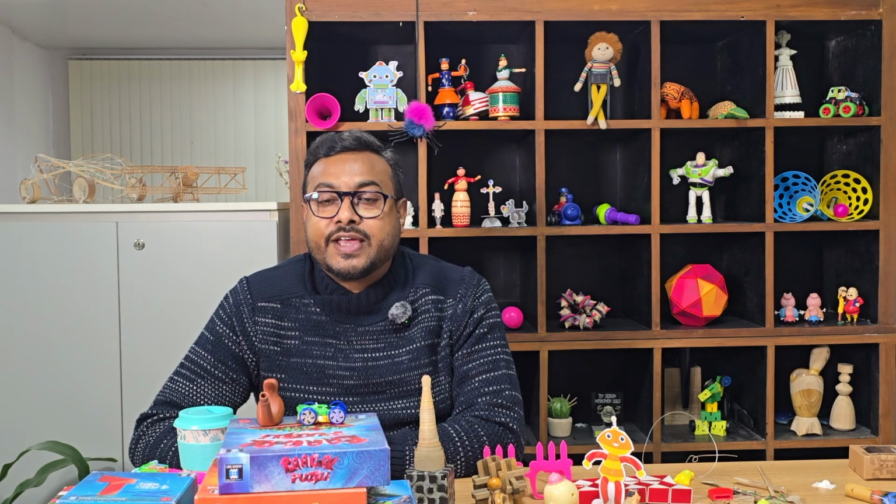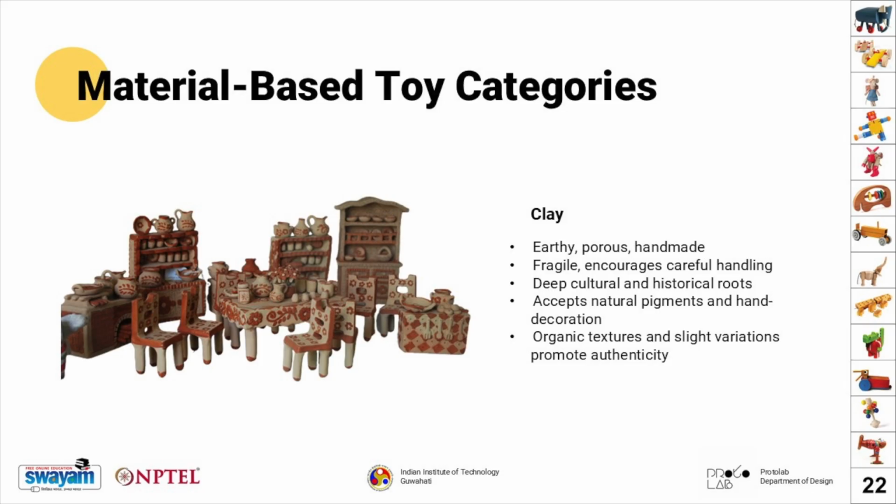Clay. Clay-based toys are some of the oldest play materials we know. Traditional terracotta vessels, miniature kitchen sets, figurines, and hand-molded play objects all fall into this category. Clay creates a completely different play environment because it is alive with texture and cultural memory. This miniature kitchen set is crafted from terracotta, earthy, slightly cool to touch,